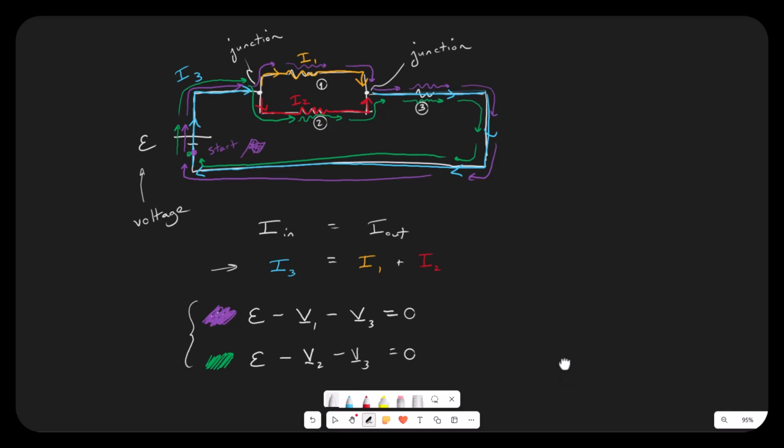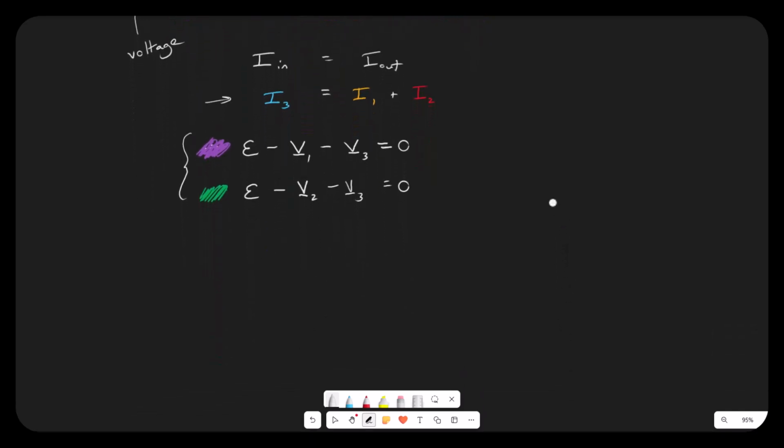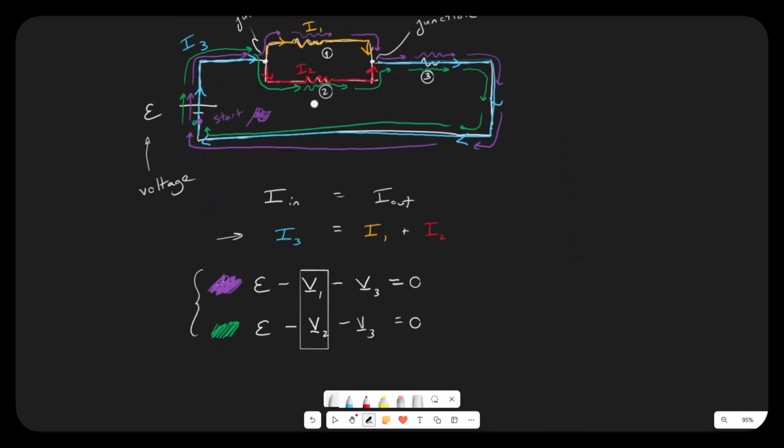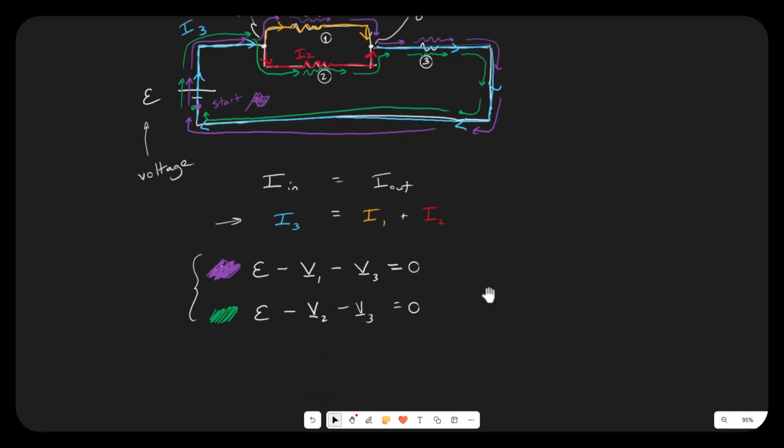And what that tells us, they're almost identical. So what that tells us is that the voltage across resistor 1 has to be equal to the voltage across resistor 2. These two that are in parallel will get the same voltage as each other. But let's look. Ohm's law says